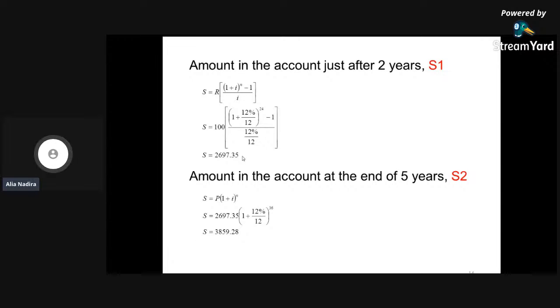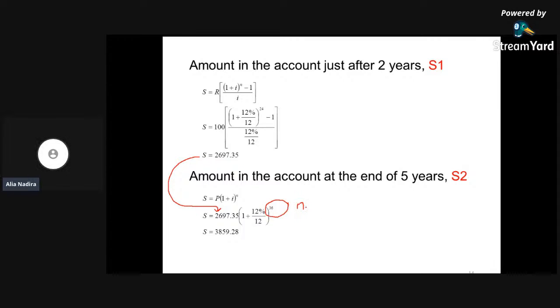Okay, so you just calculate the balance, whatever we have at the end of 5 years, is this one. You take the amount here. The amount that you have up to year 2 will become your P. Here, your time, the first 2 years. The total number of years is 5, right? So we have already calculated the first 2 years. So 5 minus 2, so T here is 3.